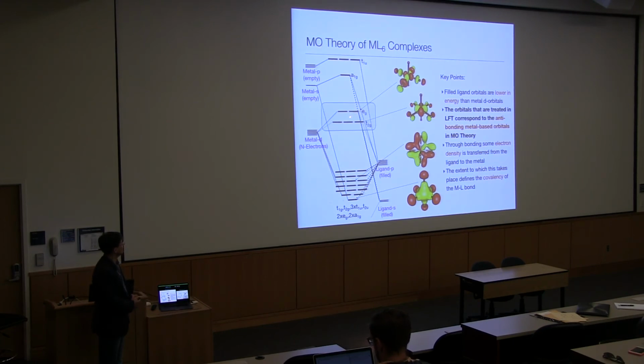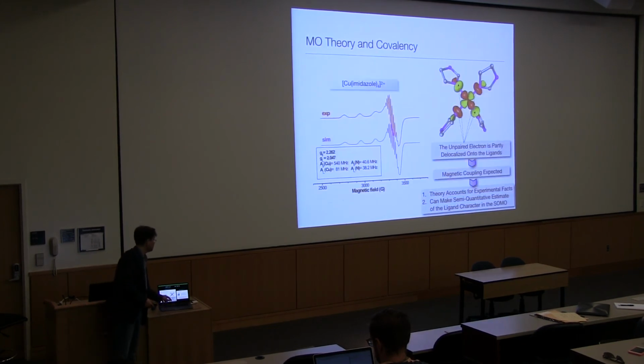They will be occupied in a way that is consistent with ligand field theory, etc. But now, of course, they're embedded in the rest of the electronic structure of the molecule. And that is way more realistic than crystal field theory. And so now we can go back to our EPR spectrum